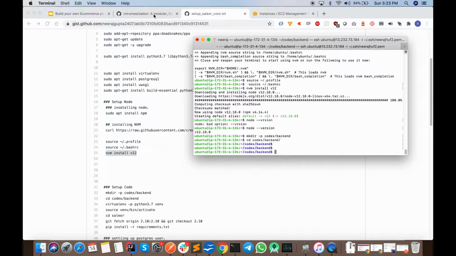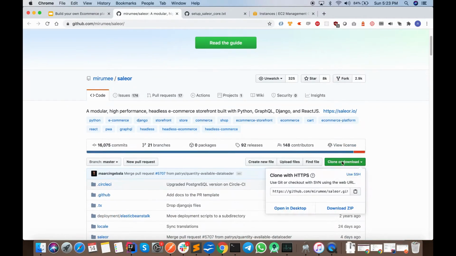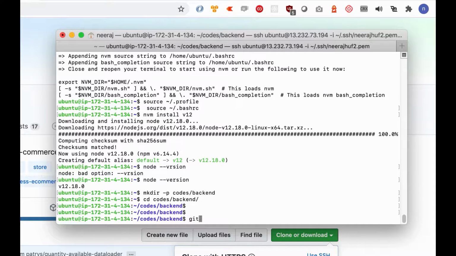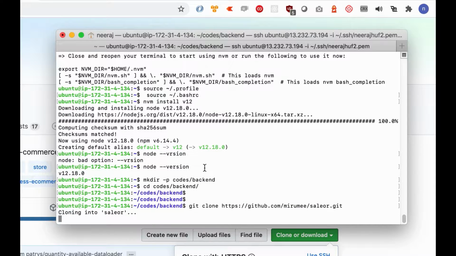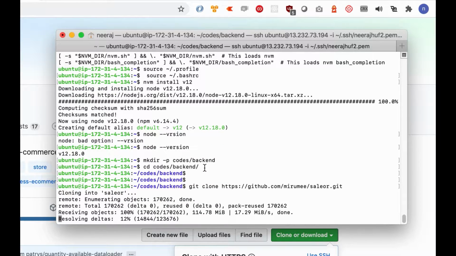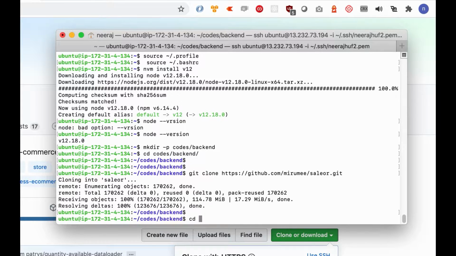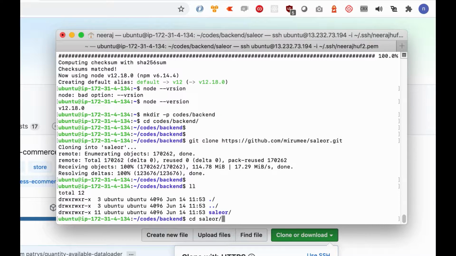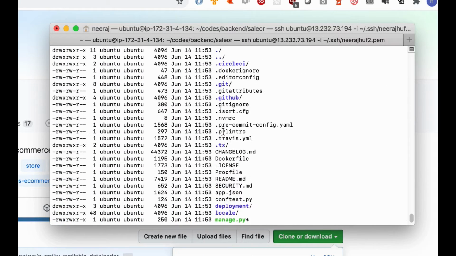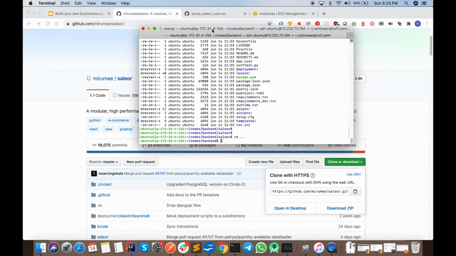Let's clone the code. So my repo has been cloned.